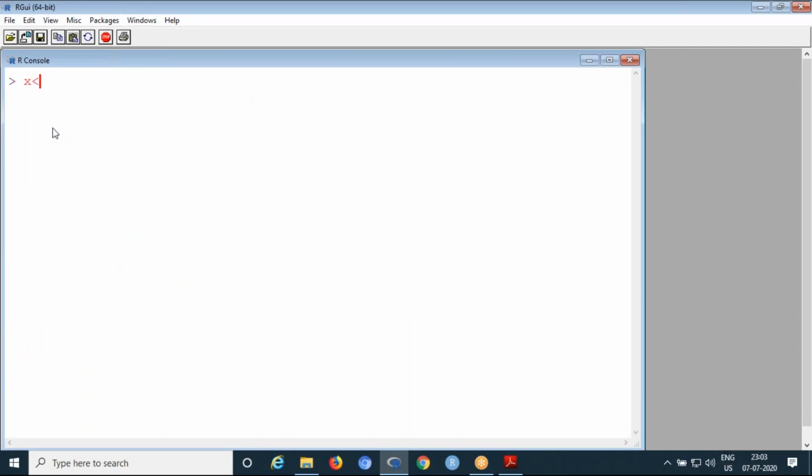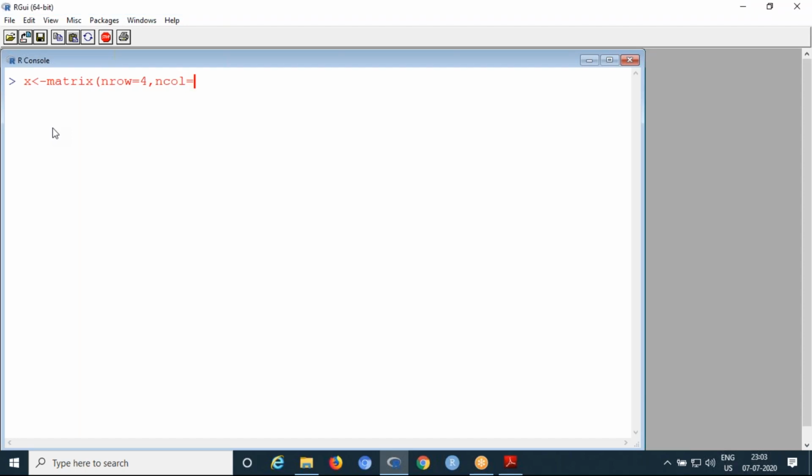So now I am creating a matrix X equal to matrix with number of rows equal to 4, number of columns equal to 2, then data equal to c of 1, 2, 3, 4, 5, 6, 7, 8. Now call the matrix, and the matrix is created.